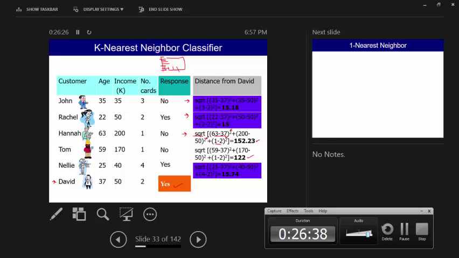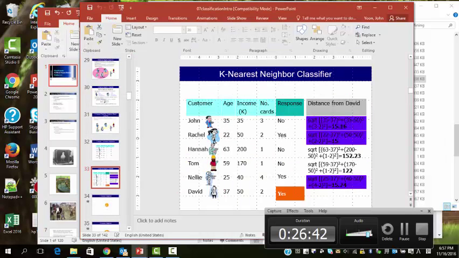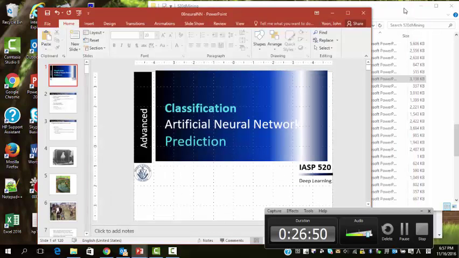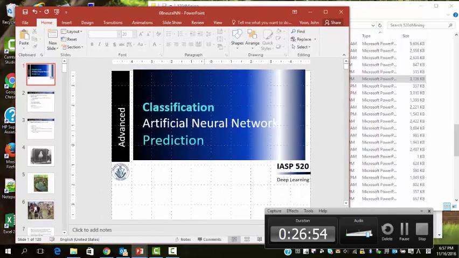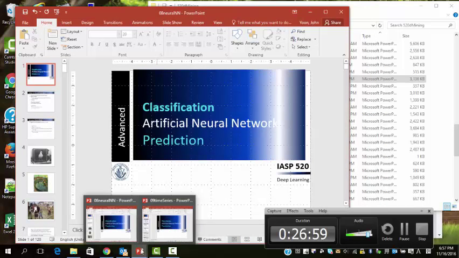Okay, this card. And another. Before we get to the artificial neural network,